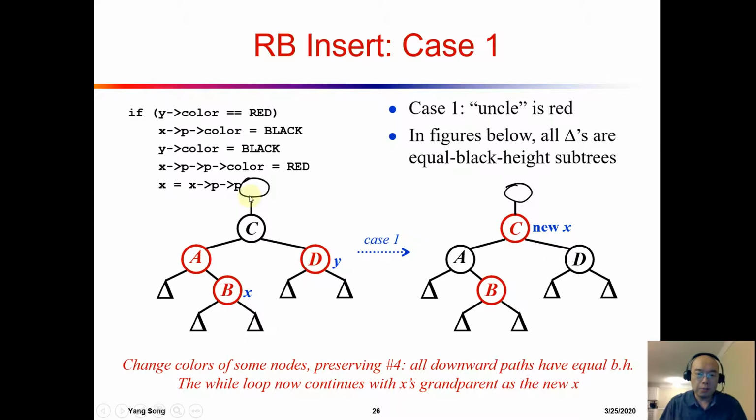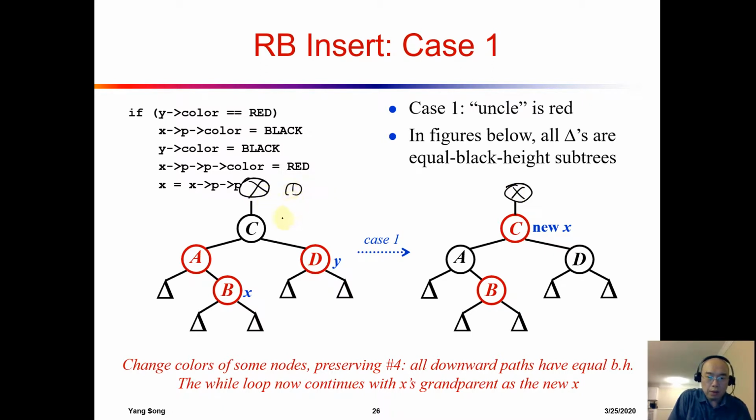So this is black, and then C is black. So A and B caused the trouble. And after recoloring this tree, A is black, B is black, and C and X are red. So if we count the black height of this node,